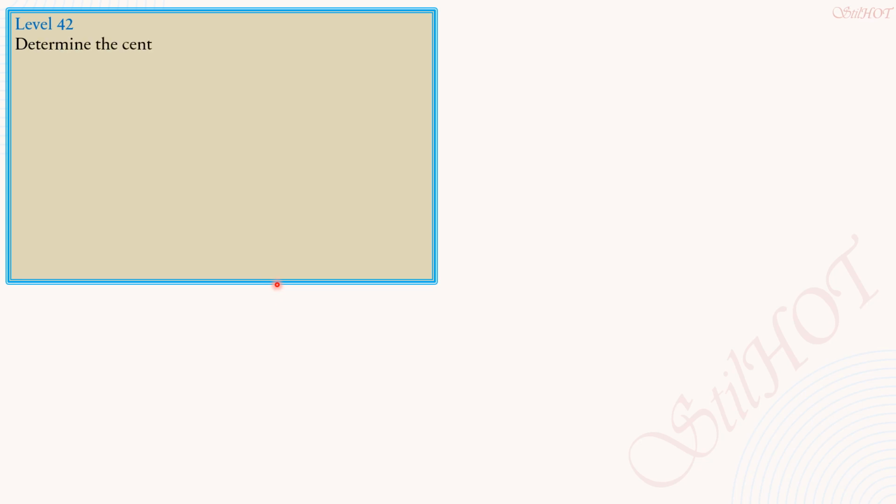Level 42, this is in preparation to the parallel axis theorem, which is very important in determining the moment of inertia of composite areas or sections. And this area, which is rectangular, is very important,